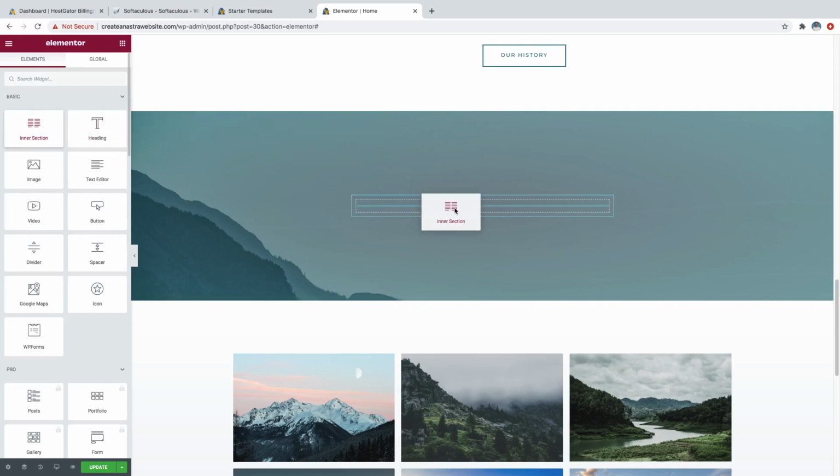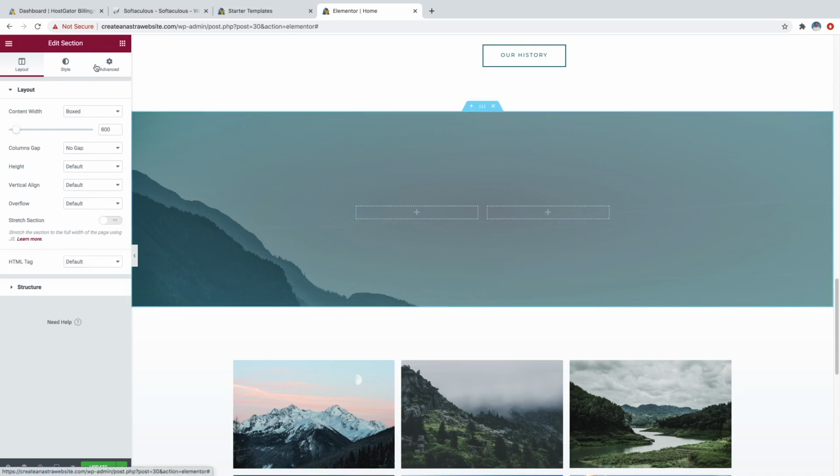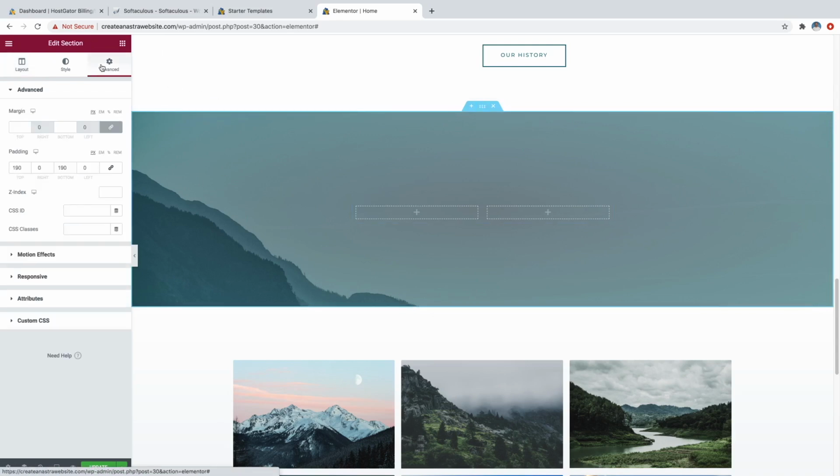So what this is going to do is put two columns within one, so that we can put things in this column and then underneath it as well. So let me show you what I'm talking about. First, we're going to go over to the whole section. We're just going to click on the little 6 dots and then go over to Advanced. And then go over to Layout,